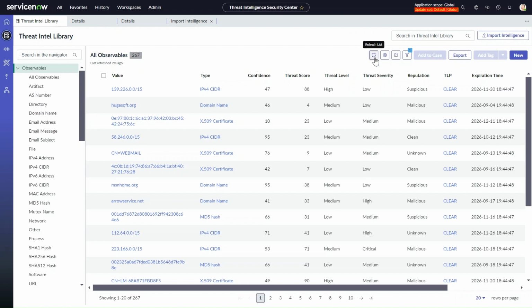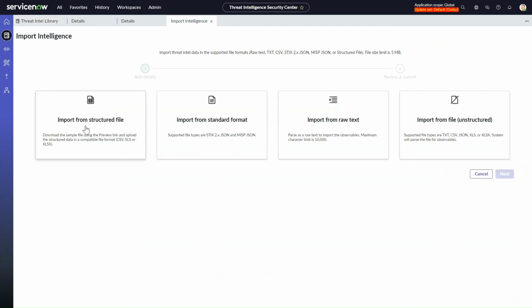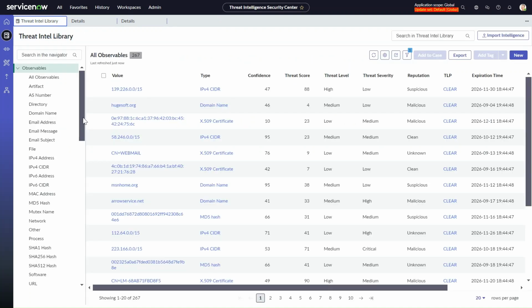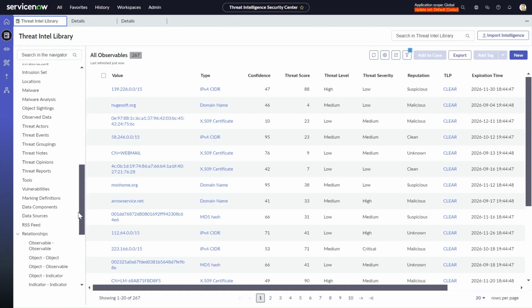We can refresh the list. We have some list actions such as adding and editing columns or resetting widths. We can copy the URL, apply some filters, export data, create a new model, or import intelligence. We have an option to choose from different file formats. Could be a structured file, standard format, raw text, or unstructured file. As an example, let's go ahead and open